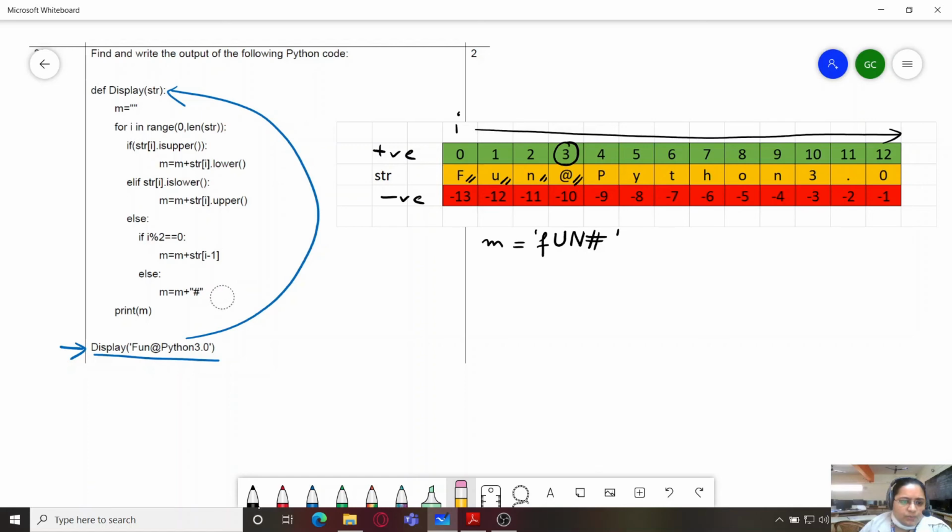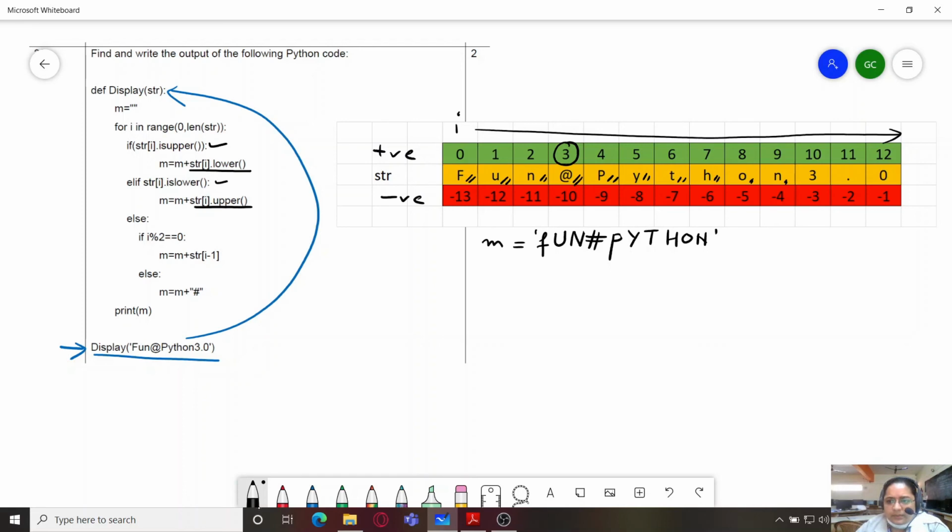Let us continue with it and try to do the others. P. Now P is uppercase, so make it lowercase. So here also it is going to be small p. Then we have small y. Again it is matching is lower, so we have to convert it into upper. So it becomes capital Y. Same way with this one also. Wherever we find a small letter, we will just convert it. Once you solve one or two iterations, the rest of the iterations just become clear to you.